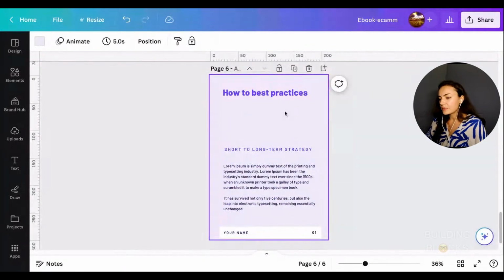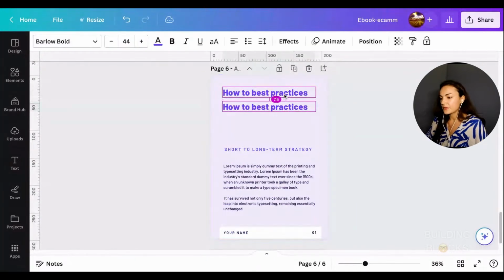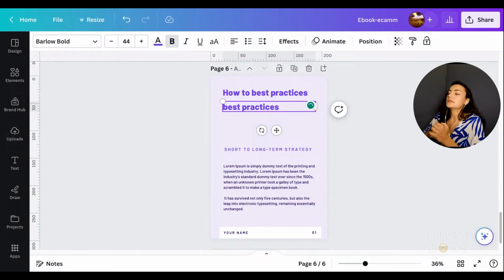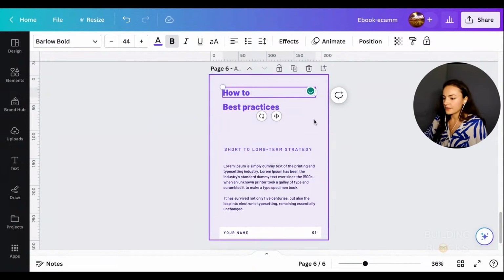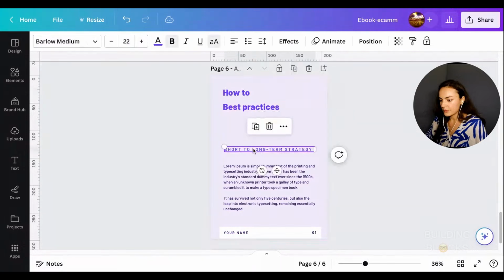And here we can play a little bit with the text in the same way that we did at the beginning with the cover. We can put "how to"